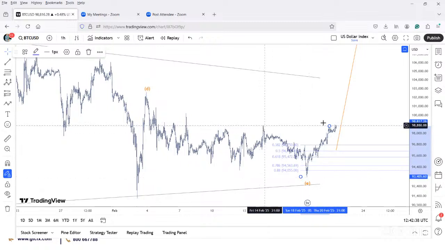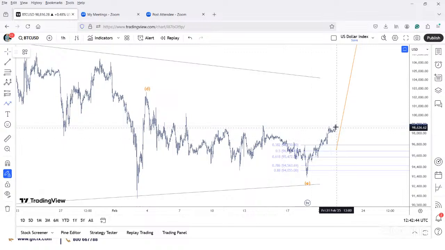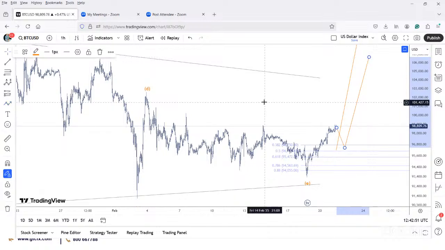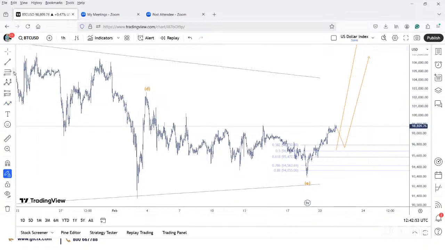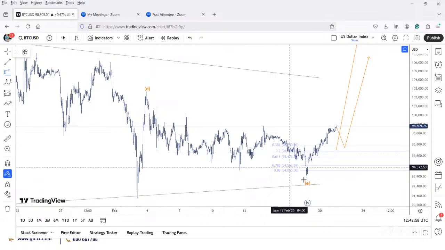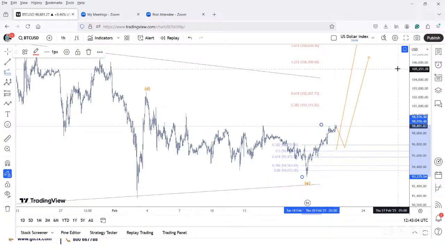The first resistance is also being taken out. So the next move in Bitcoin is ideally on the north side with a slight decline and then a rally. All right, and if we do the extensions right now, it should be pointing right across 104. It's already 102 and